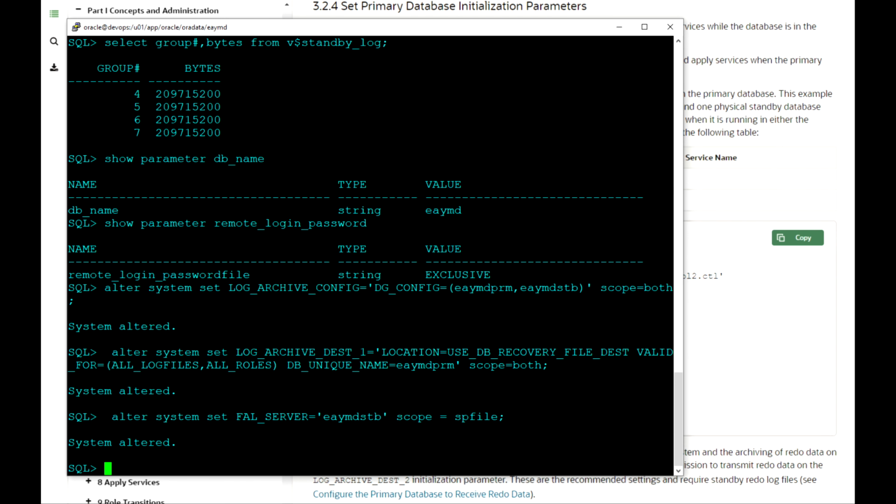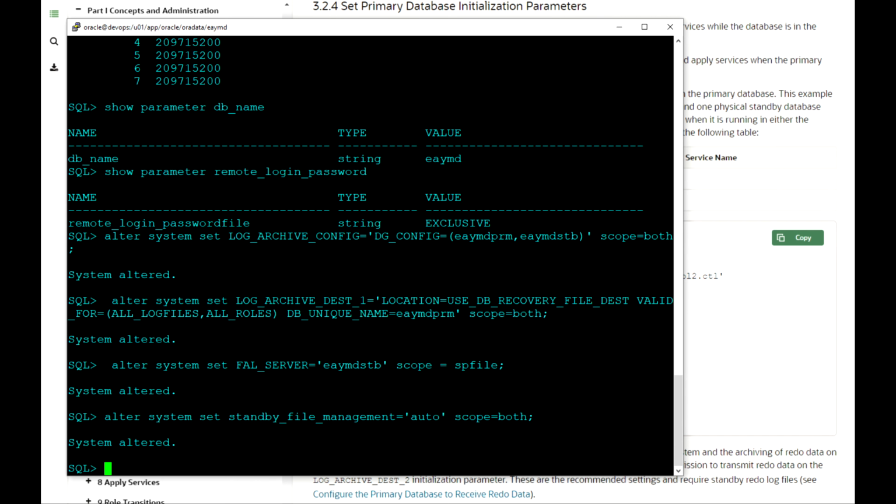This parameter takes effect when we do a role switch, and this is my primary database server. So therefore I put the service name for the standby database. Then file management auto. So what it does when you put that file management auto,